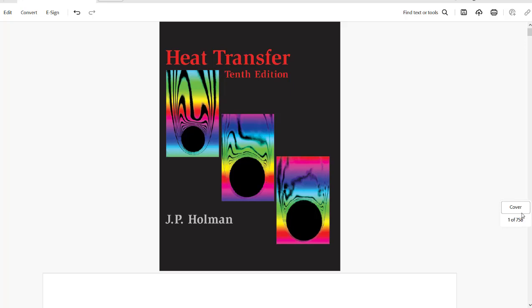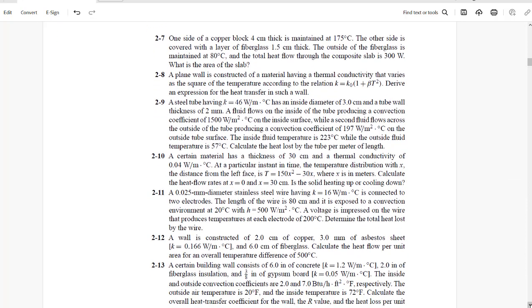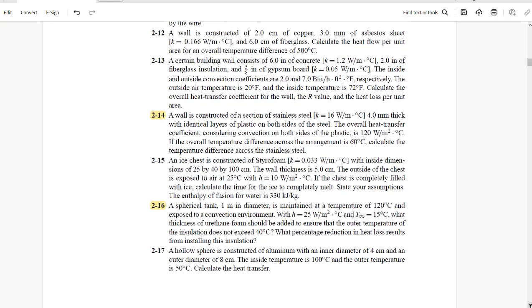Okay, let's go to page 62 to solve another problem. I'm going to solve problem number 16. As it says, a spherical tank 1 meter in diameter,